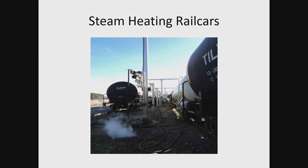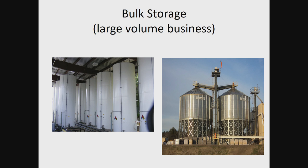Some shippers that we work with are real good about loading rail cars to a warm temperature in the low 100-degree Fahrenheit area. But other shippers aren't so concerned, and they'll ship product to us that arrives in the middle of the winter at 30 or 40 degrees Fahrenheit. It takes a long time to heat those cars up. The solution that we see to move large volumes of product like biofuel would be, in our opinion, to split apart two portions of the transaction, one being the rail portion, the other part of the transaction being outbound trucks. So I would call this our